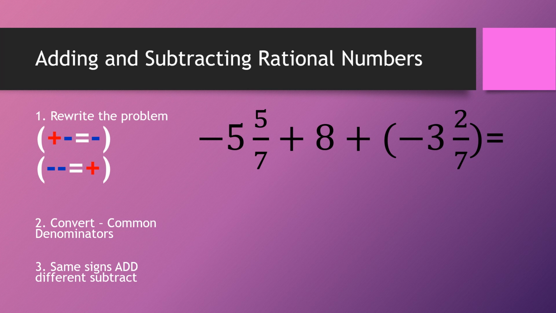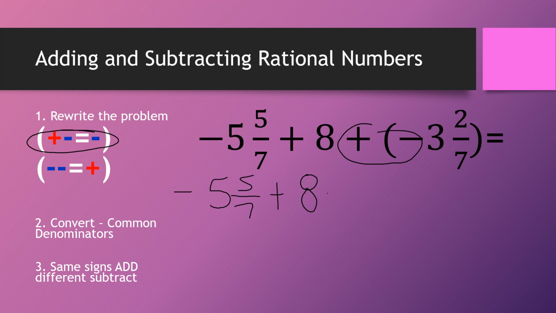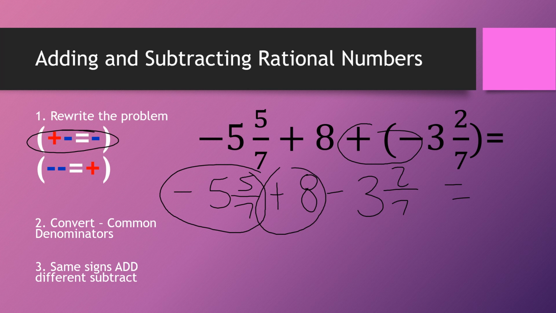So I do need to do my first step because I see two signs next to each other. So I'm going to go ahead and rewrite that problem. -5 and 5/7 plus 8. And I know if I have a positive and negative, that's going to equal a negative. Minus 3 and 2/7 equals. All right, so I have different signs, so I need to subtract. So I'm going to take the bigger number and subtract it from the smaller one. If I have 8, and I'll just do it up here,